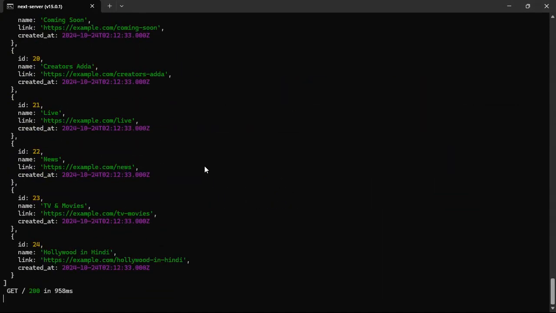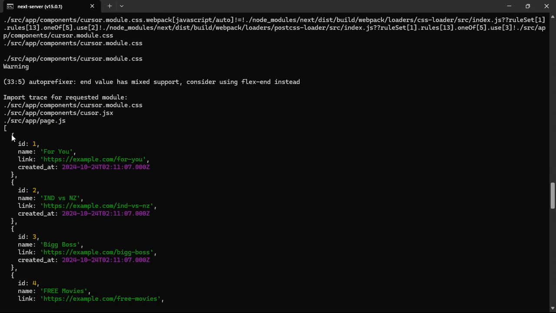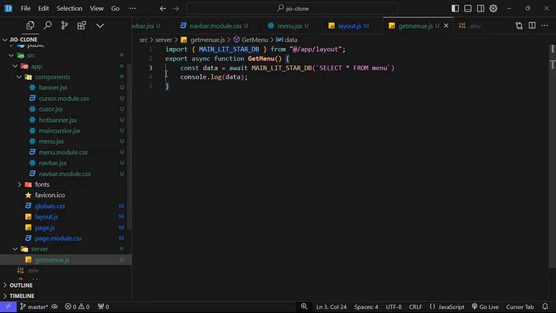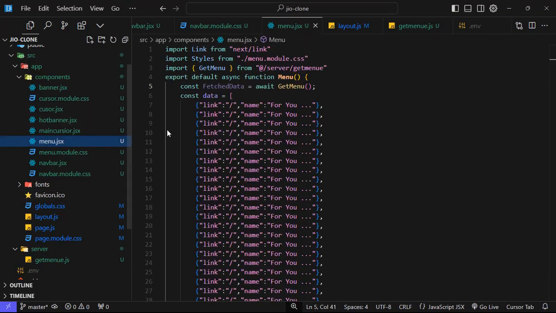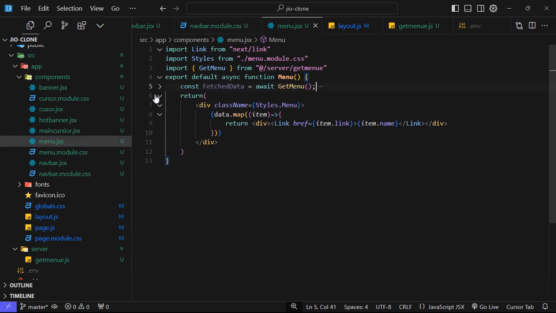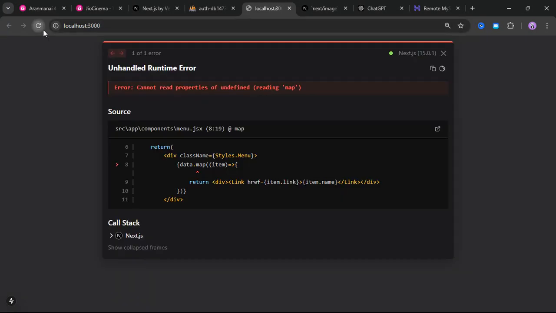And if I refresh currently, you can see guys, I have got the data. Wow, the thing which we are working on. Cool. I think this was a really great choice. I will come to my menu file, and I can remove this data, by the way. Now I don't need this, and I can copy this name and keep it here. If I go back here and refresh,